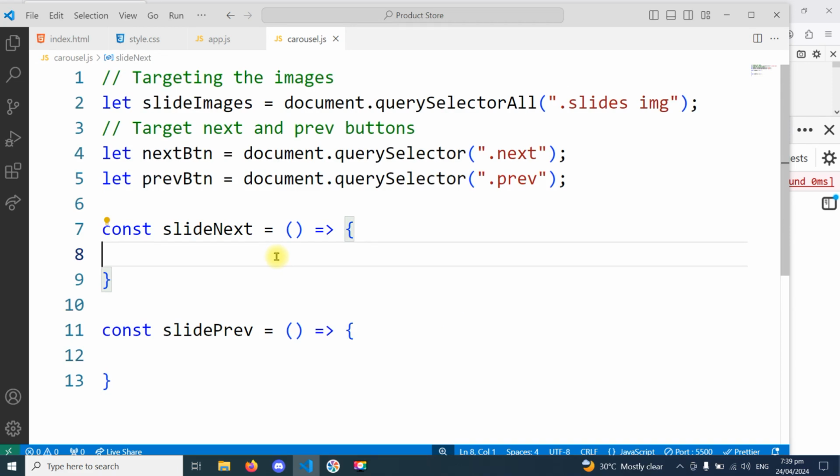Then this is what we want to do. We want to apply